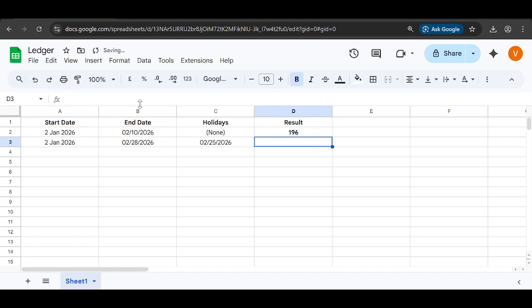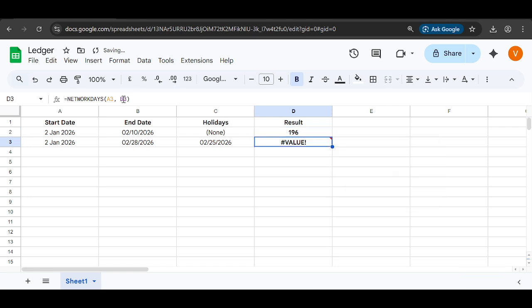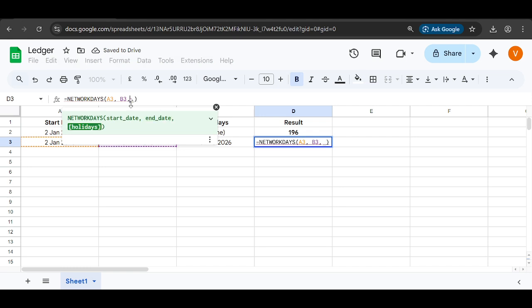Finally, understand what the result means. NETWORKDAYS returns the total number of working days between your start and end dates, automatically excluding Saturdays and Sundays, and also excluding any dates you listed as holidays. The count is inclusive, which means if both the start and end dates fall on weekdays and are not holidays, they're both included. For example, Monday to Friday with no holidays returns 5, while a midweek holiday reduces that to